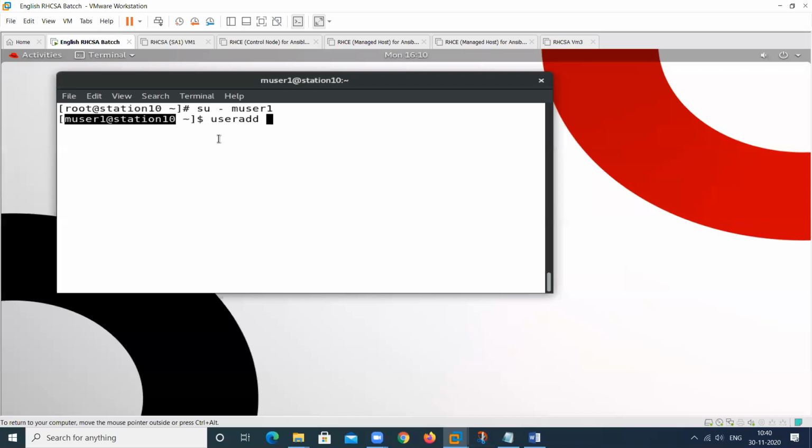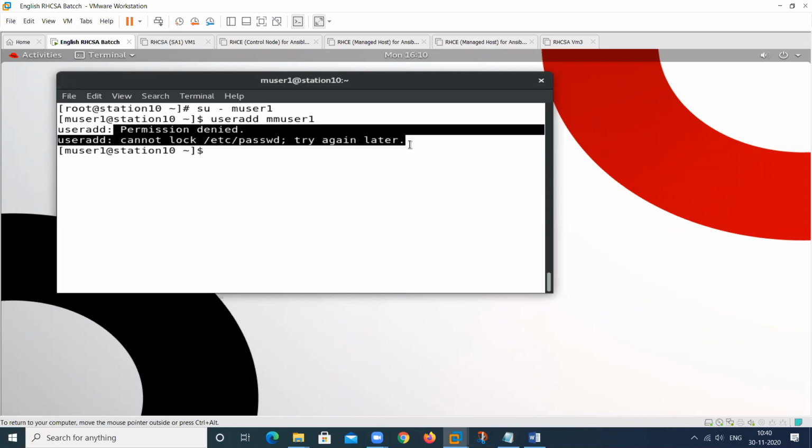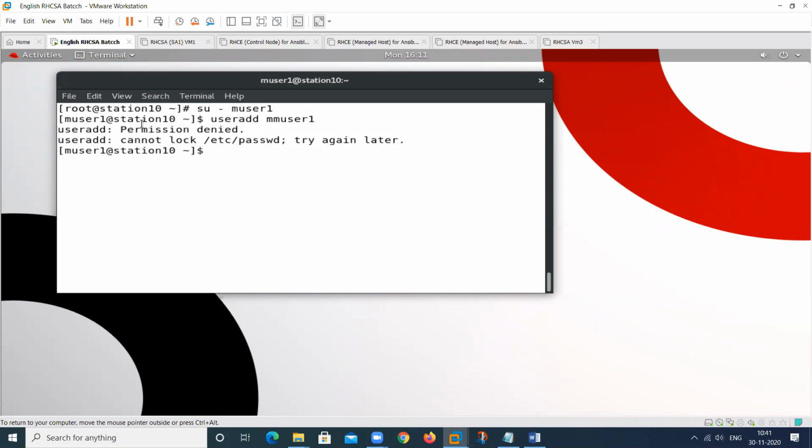This user wants to create a user. Can we create it? At this time, this command will not be performed by this particular user because this is an administrative command. See here, this is user1. This user wants to create this one. What message will be displayed on the screen? There is an error: permission denied.